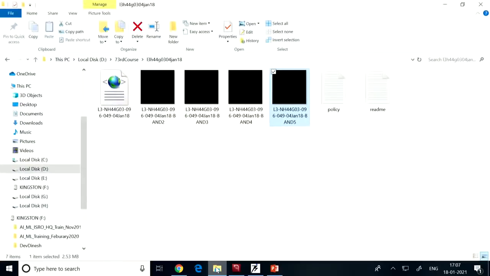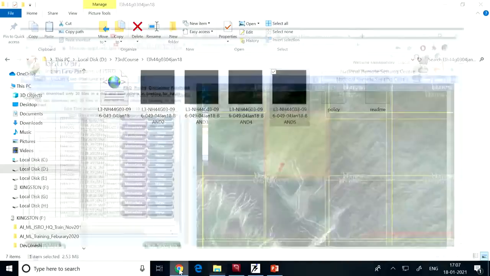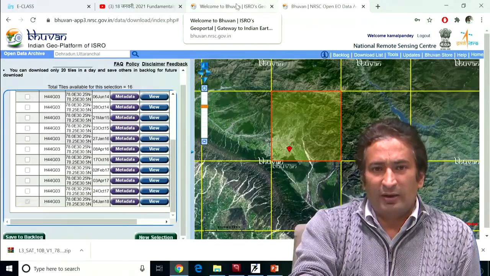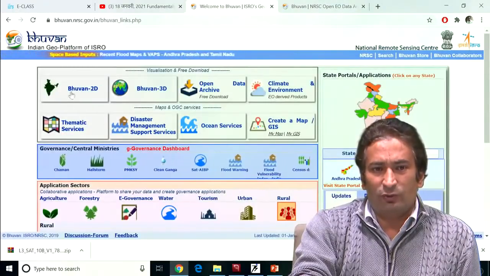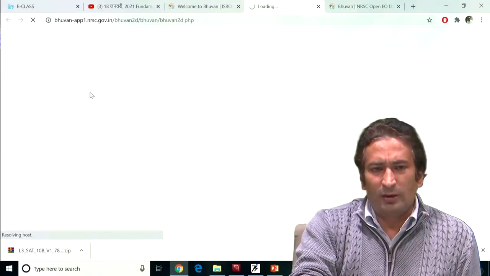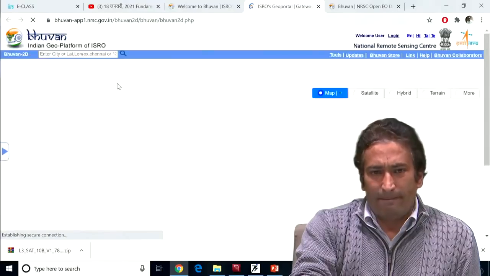If you see here, this particular data set is nothing but a raster data set. But now I will go to this Bhuvan Geo portal, and I will create one vector data also for you. Let us say this is the 2D Bhuvan. Now here let us create a vector data.